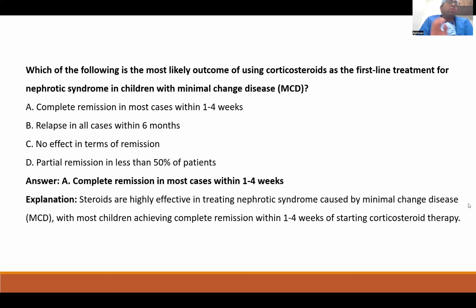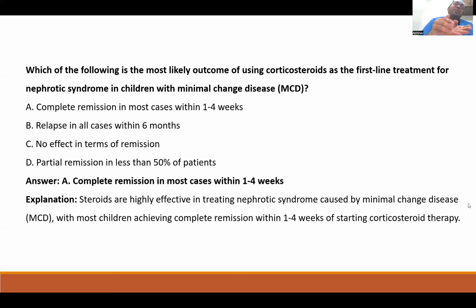So this is one of the most commonly asked questions. They may ask this question in multiple formats. It has been asked: which of the following is the most likely outcome of minimal change disease? There's also been a question where they've asked which of the following is the most likely outcome of focal segmental glomerular sclerosis. So if it's minimal change disease, 85 to 90% is steroid sensitive, attaining complete remission within 1 to